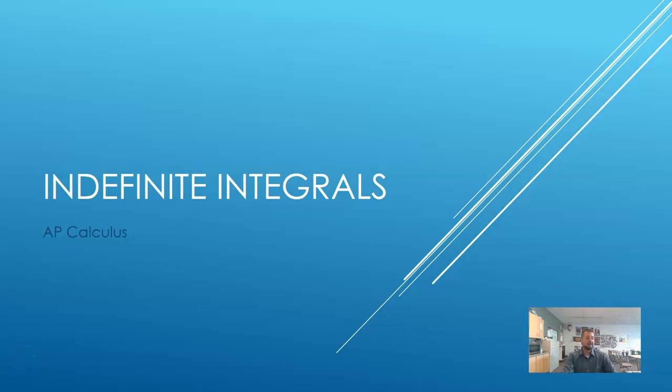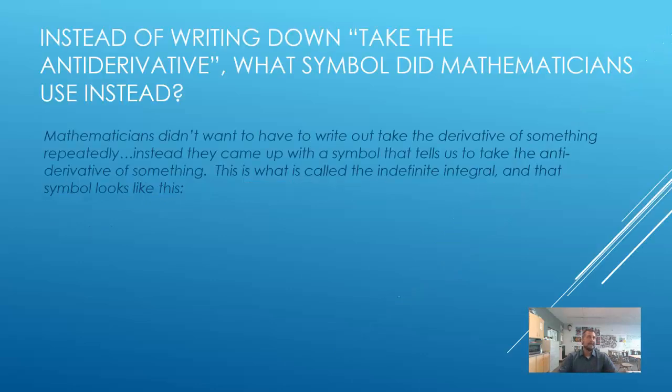All right, guys, so what we're going to talk about here is actually one of the easiest topics that we talk about probably in this entire class, just because all we're really doing in these problems is looking at a symbol that allows us to know when we are supposed to take the antiderivative of something. Obviously, math people don't like writing down the words "take the antiderivative." That's a lot of words. They didn't want to have to write that repeatedly, so they came up with a symbol that is called the